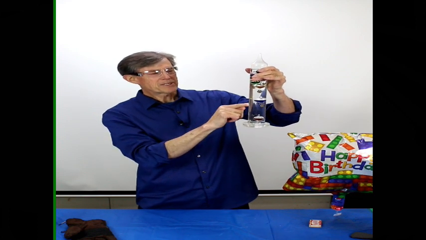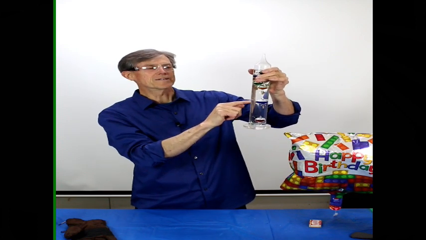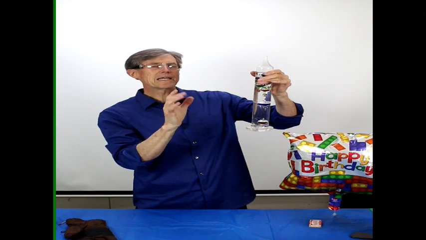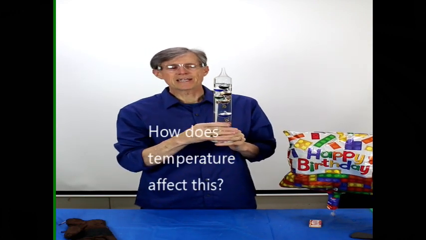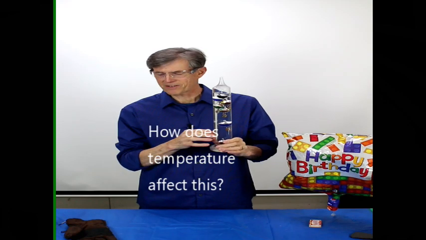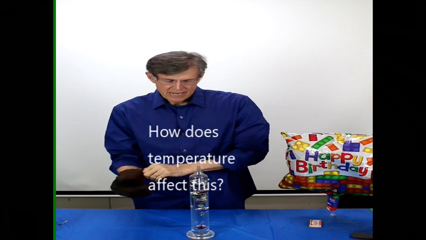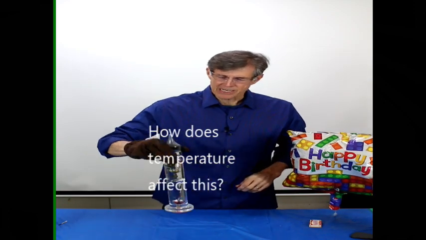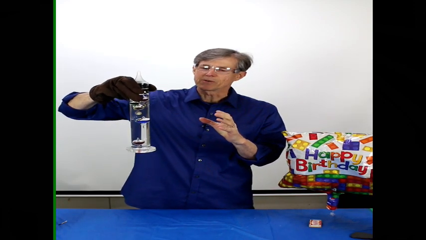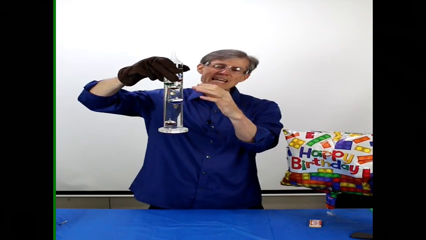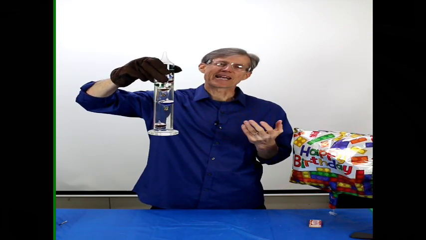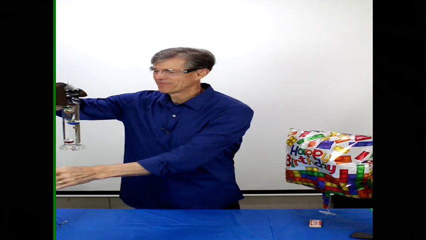This is a thermometer. And so right now, if I had to say what the temperature is here, it'd be about 66 degrees. This one's floating right here. Okay? So again, this works with density. Let's see if we can go ahead and see how temperature affects this. Okay? So I'm going to get a torch here. And we'll see if we can heat this up a little bit and see what happens when we do. What is your guess? If I heat this system up, what's going to happen? And why? Okay?